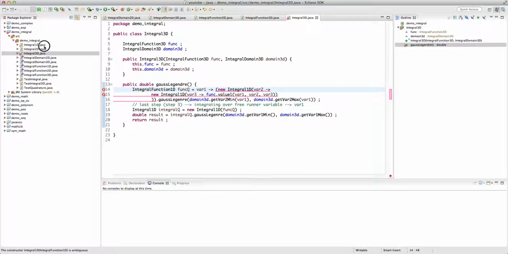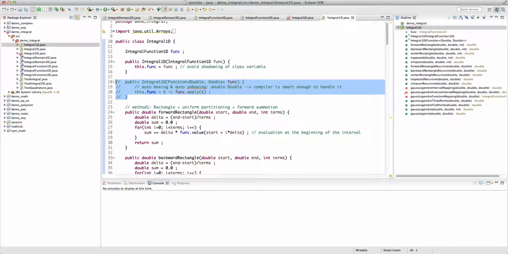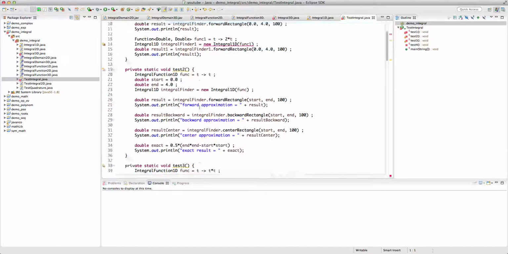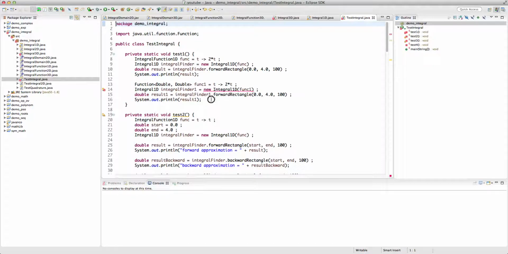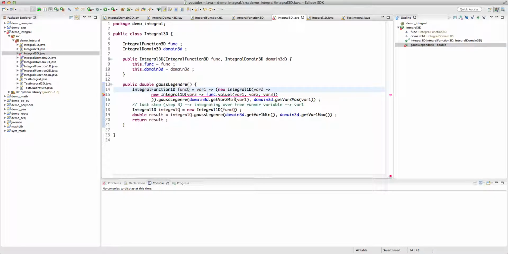So I guess here in this integral 1d, let's first comment this out. I guess here we also get some problem, but let's also comment this out. All right, so we don't have the ambiguity anymore. So let's see what we're trying to do here. We're trying to do some nested integration. All right,